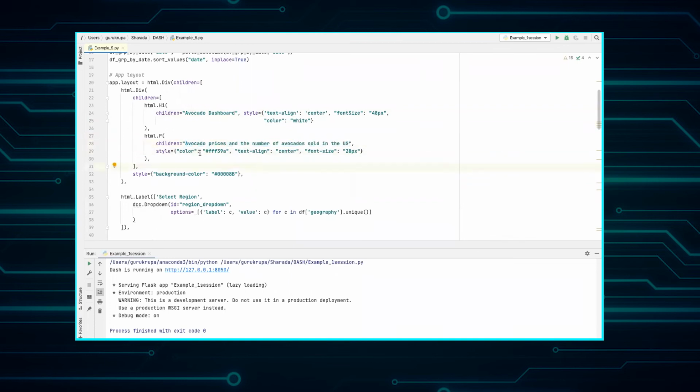Here I am letting my readers know that avocado prices and the number of avocados sold in the US is what this data is about. And we can even style our div component where I want the background to be a different color. I can put that style in the div component.